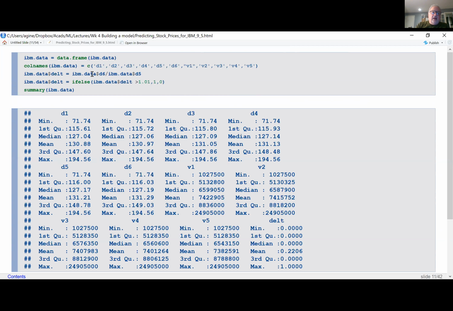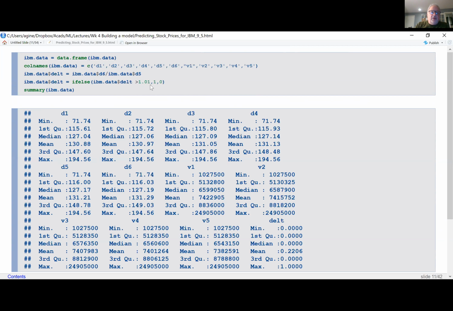So I look at IBM on day 6 divided by IBM of day 5. And then I'm going to change that. All I want is it to be 1 if it's bigger than a 1% move, and 0 if not. So there's this very nice function, if else, that allows you to create binary variables. I think I've mentioned it in a previous talk. So if else, I look at this delta,